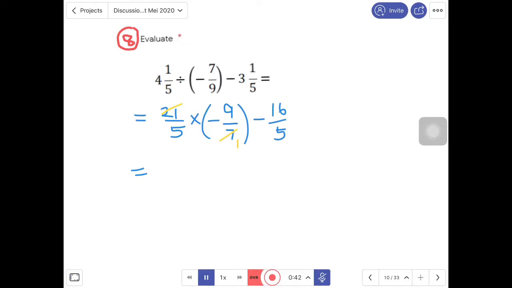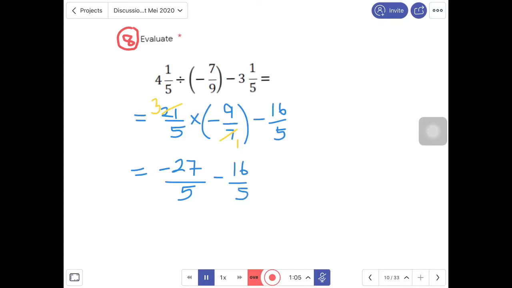So here is 1, here is 3. Okay. So can we simplify anymore? No. So 3 times 9 is, that is negative, so negative 27/5. 5 times 1 is 5. And then minus